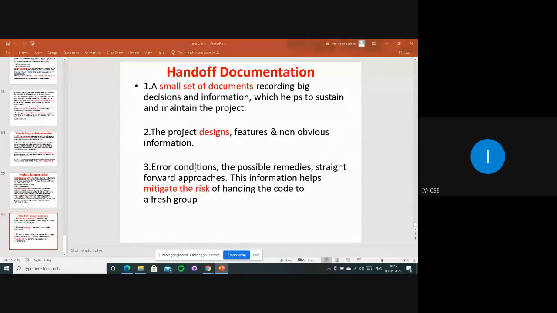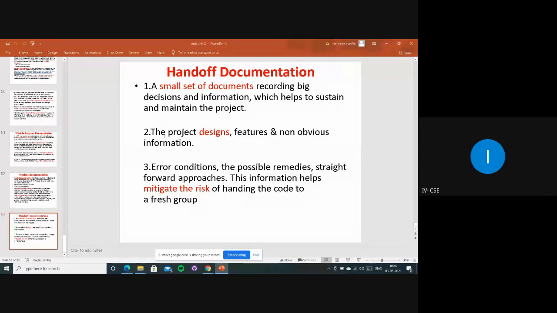First, a small set of documents recording big decisions and information, which helps to sustain and maintain the project. Based upon that document, decisions are taken and the project is maintained. That is the first thing.